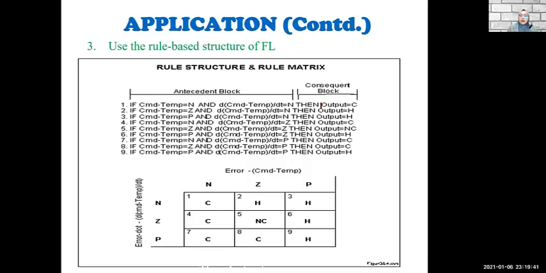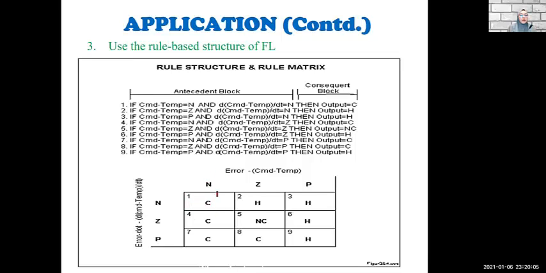You want to control the cooler, you want to turn on the cooler again or more. So error dot is command minus temperature divided by DT. If the error dot is negative, and the error, CMD minus temperature, is also negative,